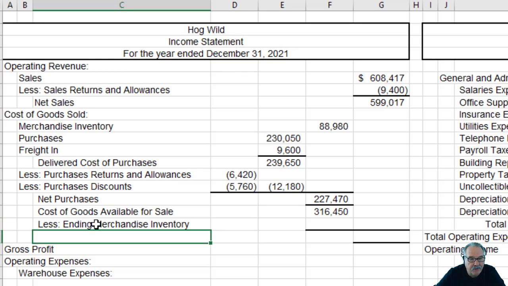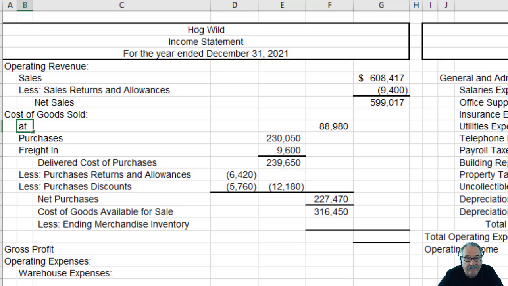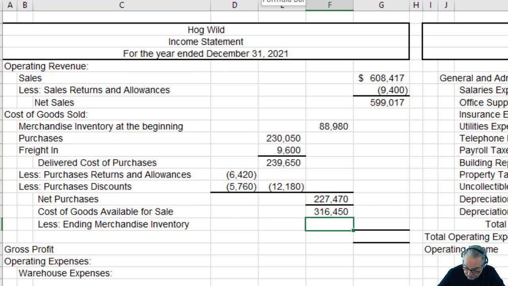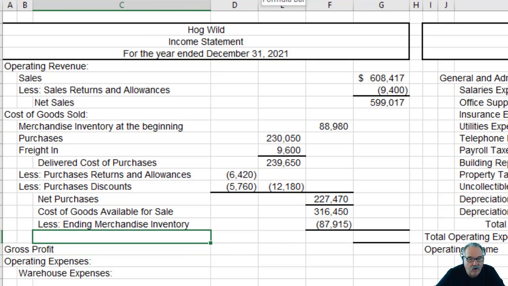It'd probably be a good idea if up here, we say merchandise inventory at the beginning, or beginning merchandise inventory. That way somebody won't confuse it with the ending merchandise inventory. And the ending merchandise inventory is $87,915. We're subtracting our ending inventory from cost of goods available, and that's going to give us cost